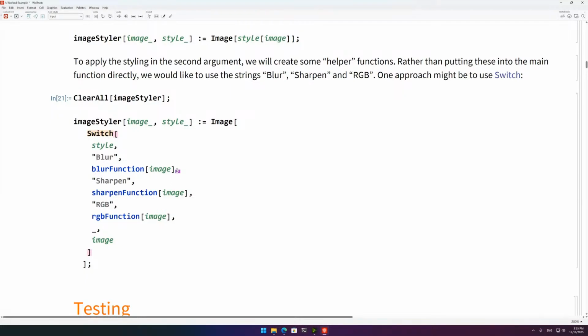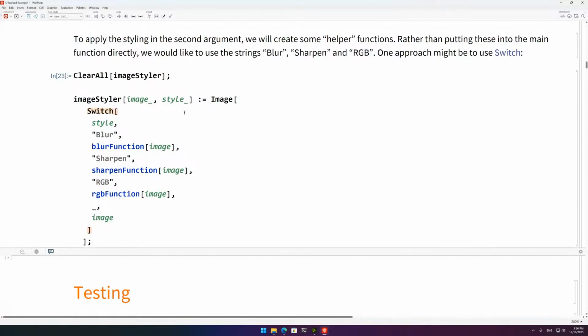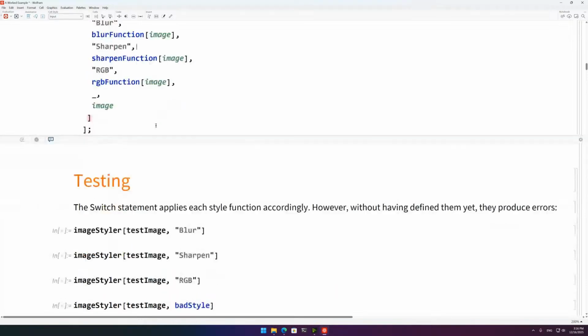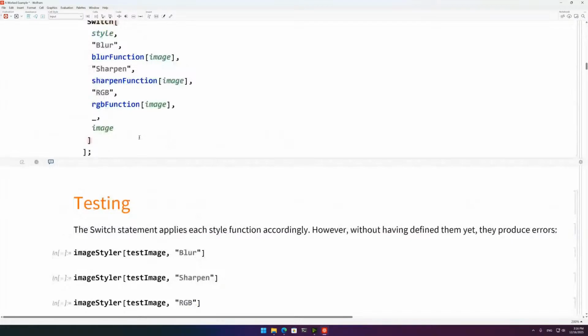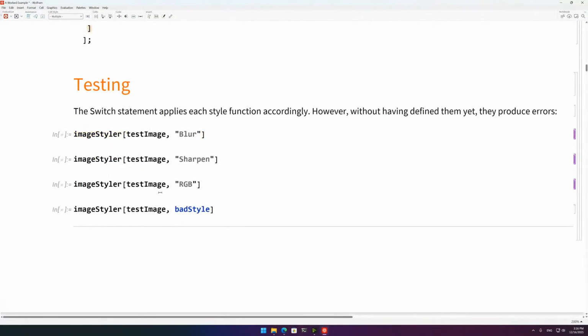But the first thing that we're doing here that is nice is that instead of hard coding the logic of all of these functions inside our main function, we're breaking them down into helper functions. So let's define that, and let's see. At the moment, while we still don't have the helper functions, let's see how this works. So we're defining this function, and then we can test it. Here we have 4 simple tests where